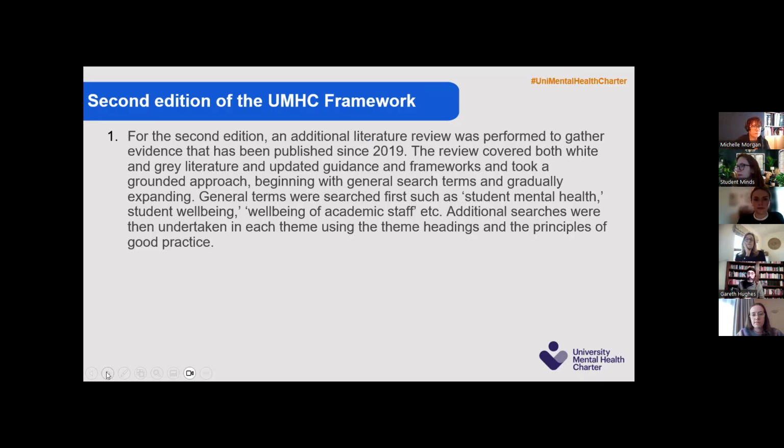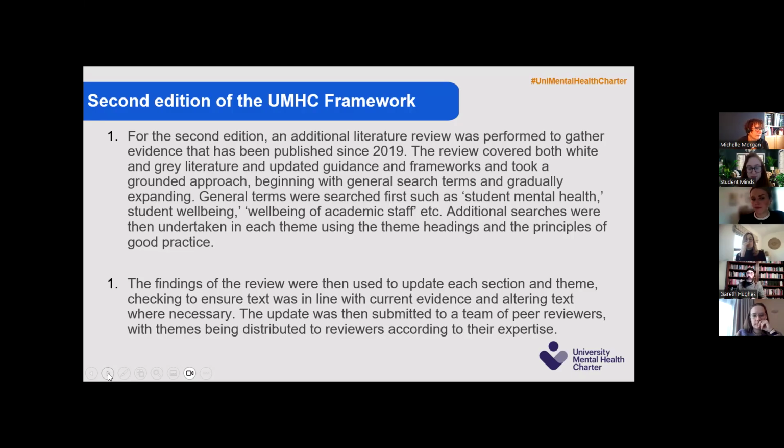But one of the great things is that partly because of the existence of Smartin and Nicola Byram's work and driving all that forward, we've seen a lot of research published in this area over the course of that time. And I think there's also been quite a lot of new guidance and new support for universities that's been published. So we've been able to pull all of that into our thinking on the update of the framework overall.